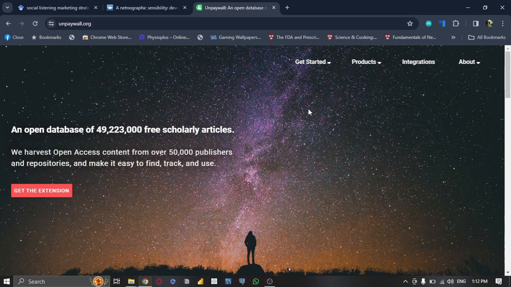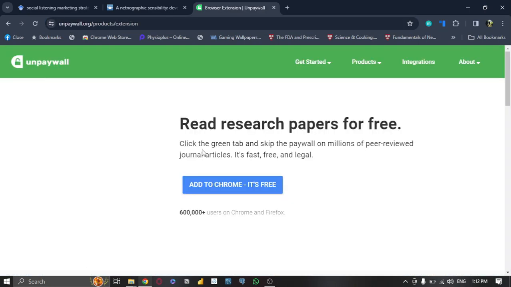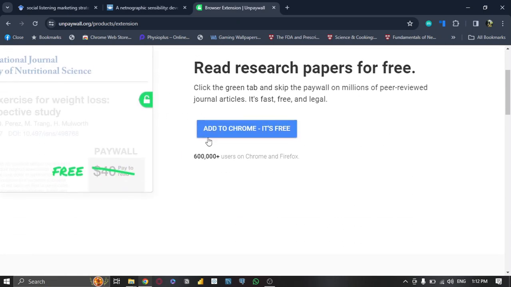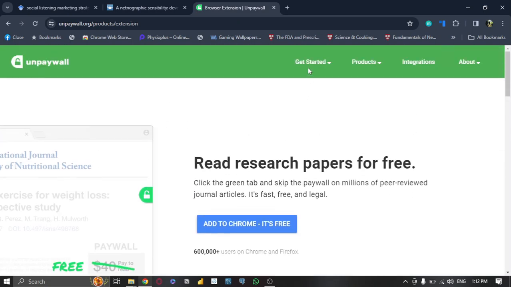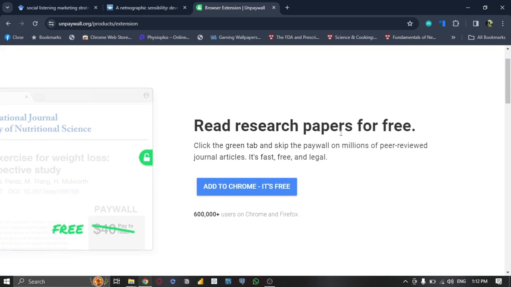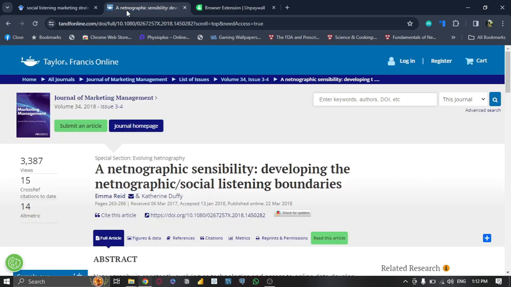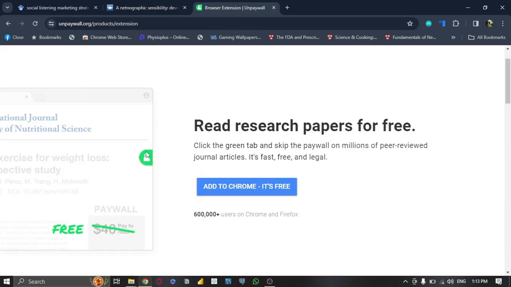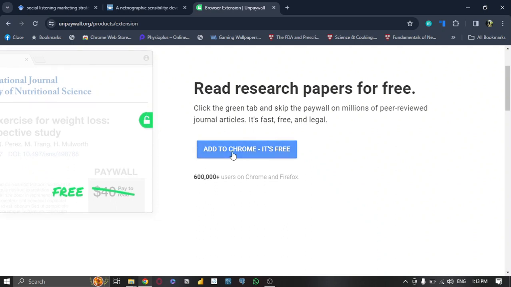So right now we're going to go to unpaywall.org and this web page is going to open up. We're going to click on Get the extension, where it gives you the details of what the extension is. You also have your get started instructions and integrations as well. Read research papers for free. Whenever you open articles like this, which are not available but can be accessed through Unpaywall, a green lock icon would appear on the right hand side, which signifies that you can read this article for free, ethically and legally. So we're going to click this Add to Chrome, it's free button,